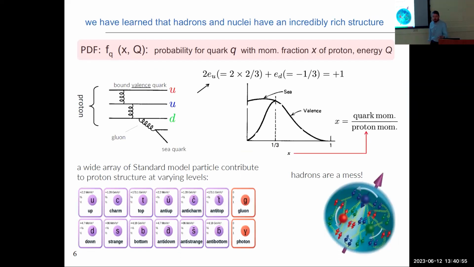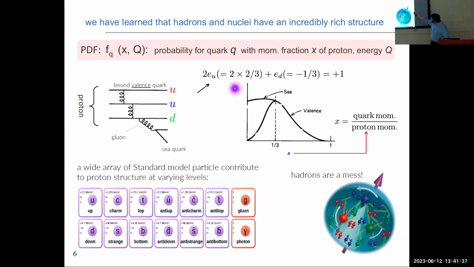And through doing this, what has been learned over the intervening decades really is the fact that the structure of the proton is incredibly non-trivial. I think that's why so many of you are here and eager to learn about this. The proton does not look like its leading bound state valence-like structure of just three light quarks, U U and a D, that would be responsible, at high values of the momentum fraction in the PDFs, for something that looks valence-like, which is to say that it peaks at a momentum fraction of something like a third, as you would expect for a Fock state picture where you're dominated by one of three valence-like quarks.